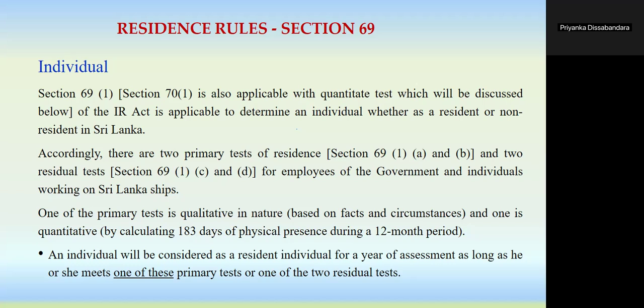In this case, we are going to determine about an individual, whether that person is a resident individual or not. For that purpose, we have two different tests, the primary test and